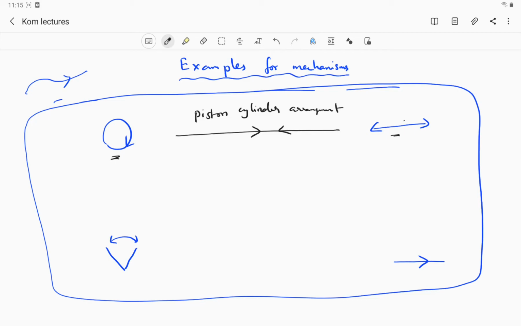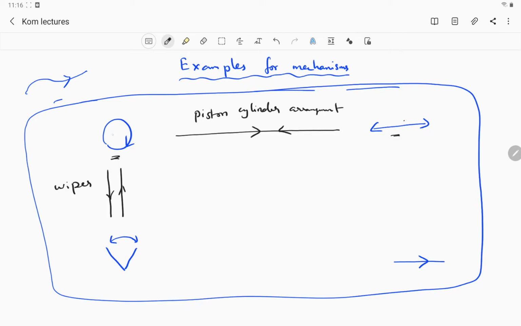And how about this? Say I have a complete rotation motion and I require an oscillatory motion. Where do you see such a requirement? Such a requirement is there in the wiper mechanism, which we have in our car, right?